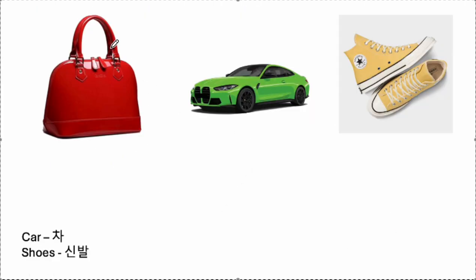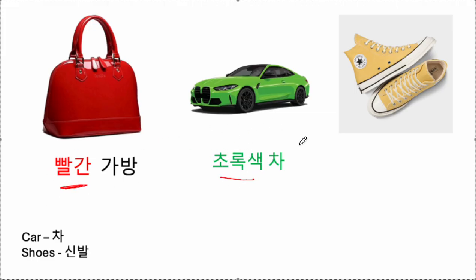Okay, how would you say red bag? You can pause me and try. 빨간 가방. Car is called 차. Shoes is called 신발. So how would you say green car? 초록색 차. Okay, most of the, when you are using these colors as an adjective, like red bag, green car,